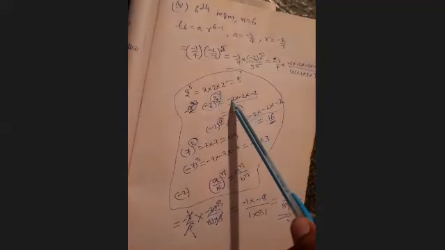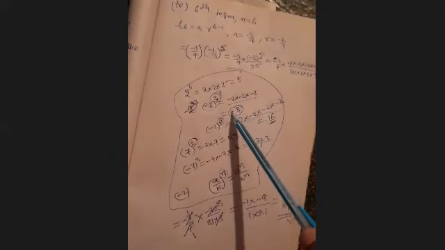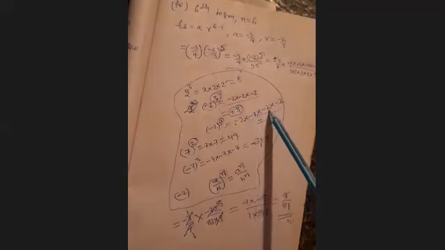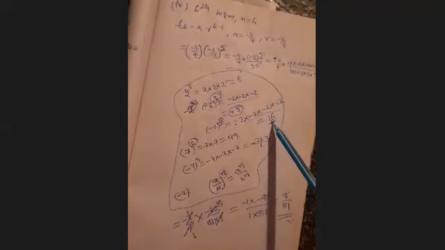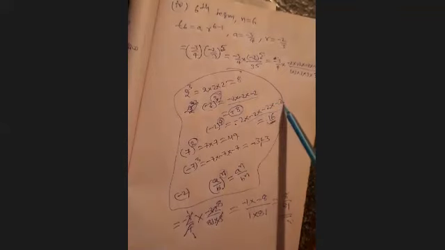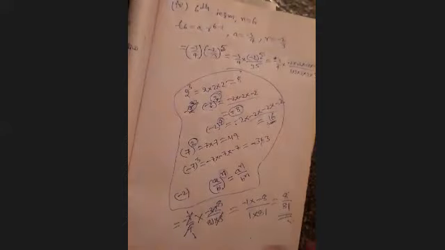First we should multiply 2 twos are 4, 4 twos are 8. But what 8? Minus 8. Why minus 8? Because the power is odd. Here the power is 4, 4 times: 2 twos are 4, 4 twos are 8, 8 twos are 16. But which 16? Plus 16. Why plus 16? Because the power is even. If you want an explanation, see, this is the explanation. Minus into minus is plus, plus into minus is minus, again minus into minus is plus, minus into minus is plus, plus into minus is again minus. So this is the solution of this.